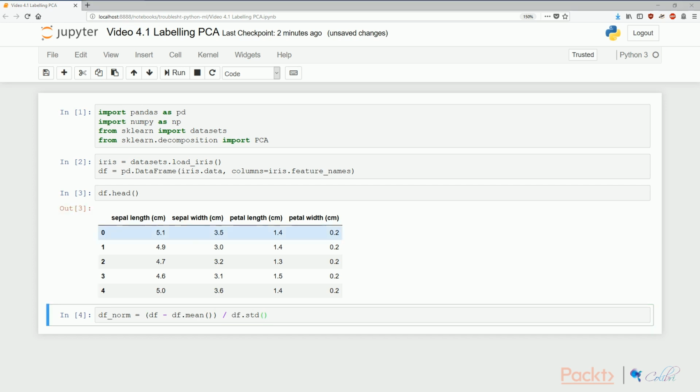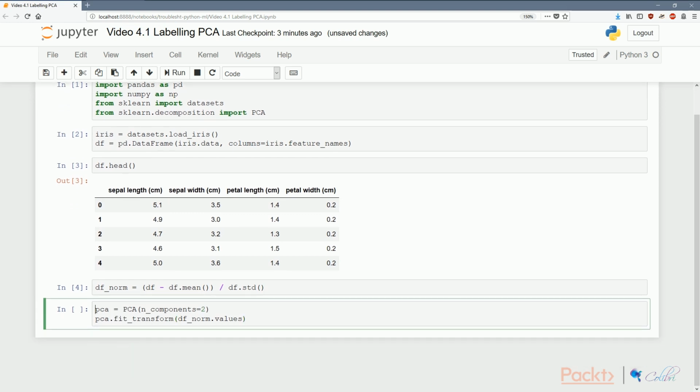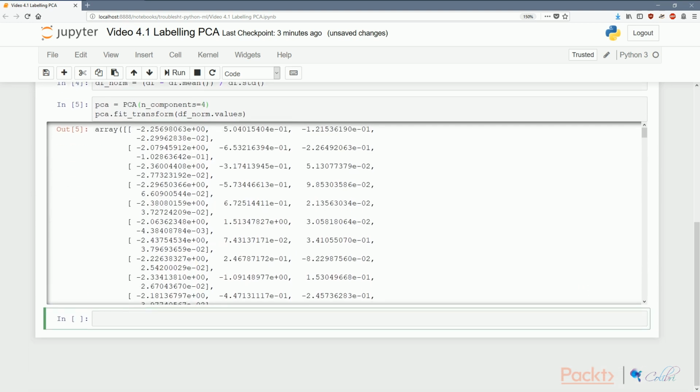Let's fit a very simple PCA algorithm to this. I'm sure you all know how to do this. So maybe 4 components, and we're simply going to apply this to the normalized data frame. There we go. The first thing we're going to take a look at is, amongst the 4 components, how did we